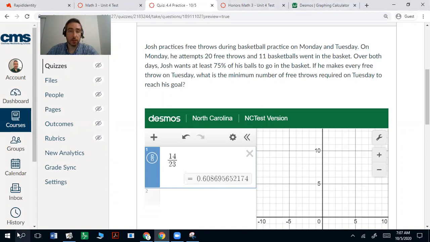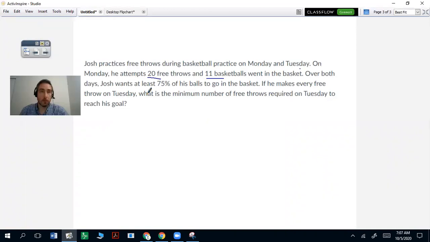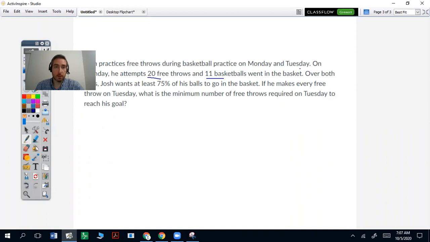So the better approach in this problem is to write an equation to solve. We'll start with 11 out of 20, but we're going to leave some space after it because we're going to add a number to the numerator and the denominator. That number is the number of consecutive times you have to keep throwing, because remember, each one is a success, so it adds to your percentage, but it's also an overall shot. Now you want that to be 75%. So that's your equation, 11 plus x over 20 plus x equals